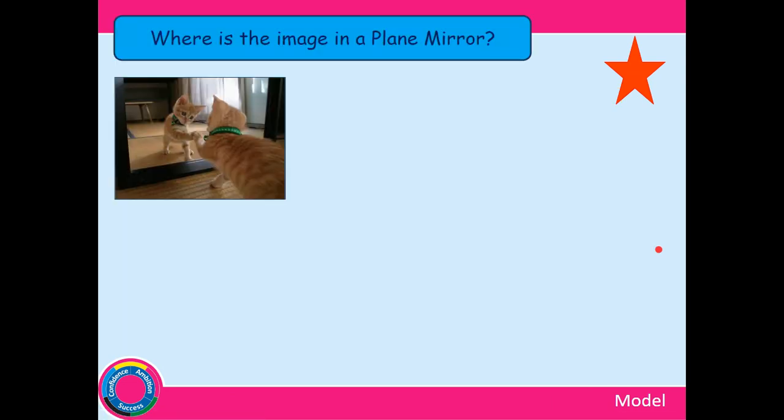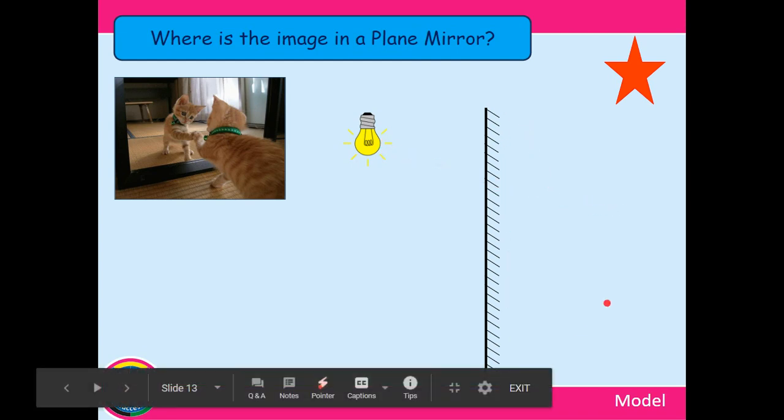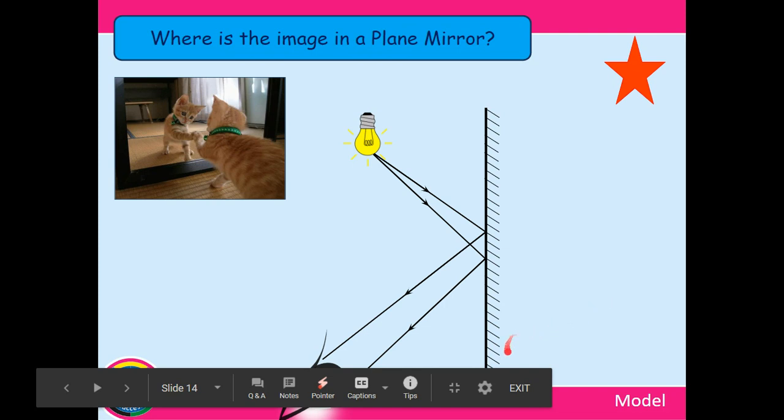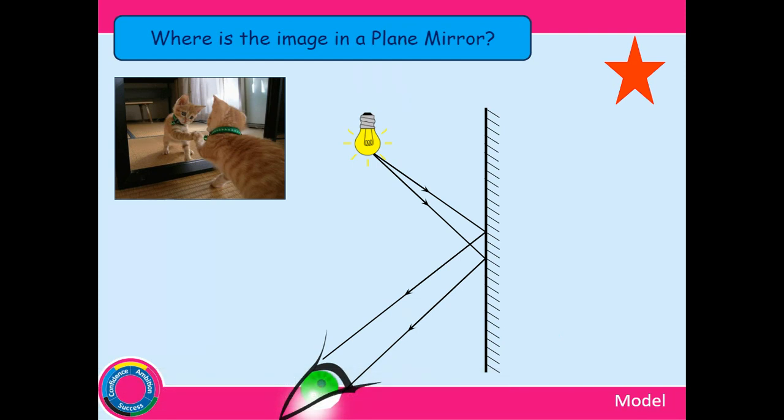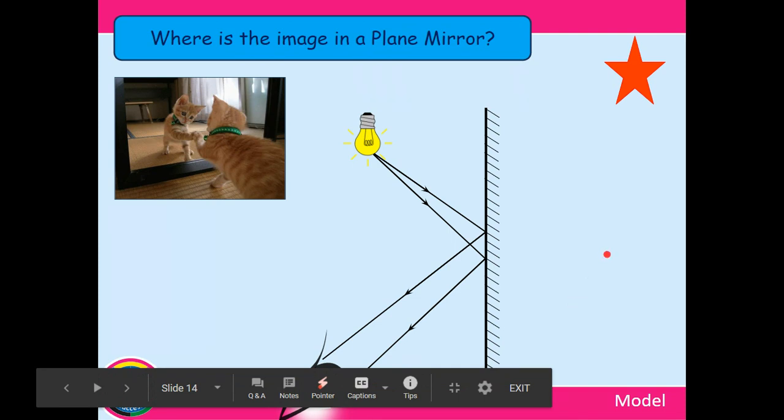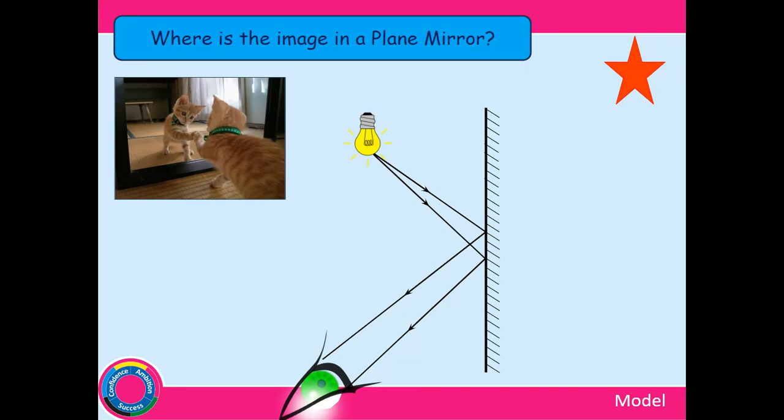So where is the image in a plane mirror? We have an image that we're going to form with this light bulb. We have a plane mirror. When my black box eventually disappears again, wait for it, there we go. We've got our eye looking at this light bulb. Now, if we look at the image that light bulb will form in our mirror,